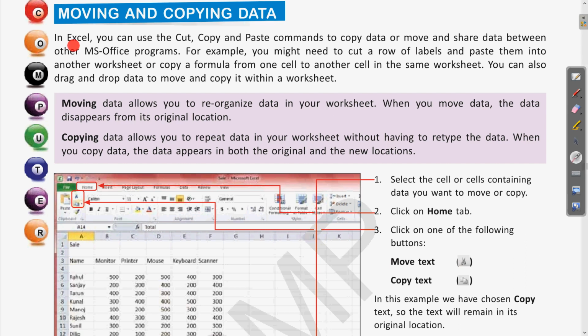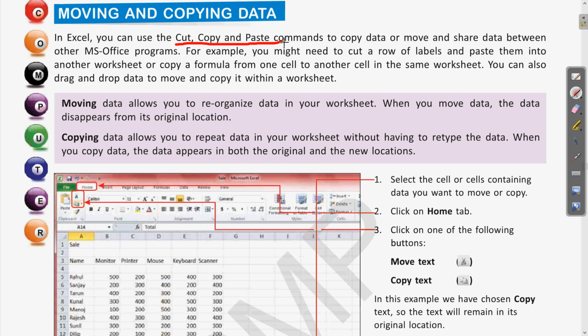So in Excel you can use the cut, copy and paste commands to copy data or move data and share data between other MS Office programs. Clear? So using the different features which are cut, copy and paste. Clear? So these are the different commands which are available in the ribbon area. We will see how to do this.